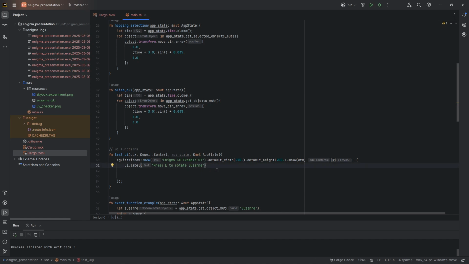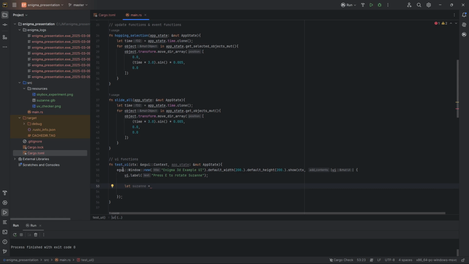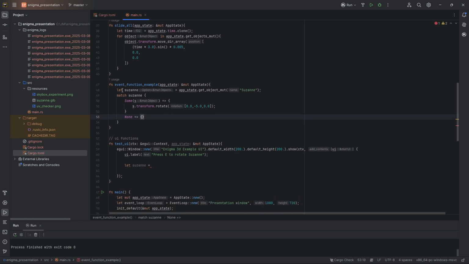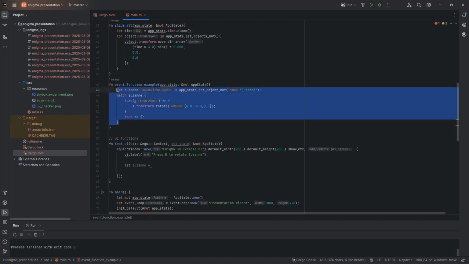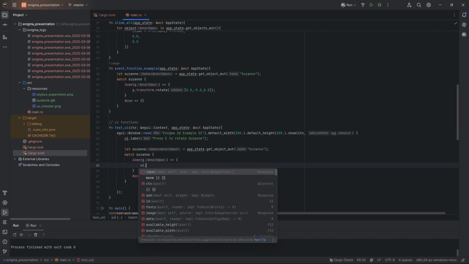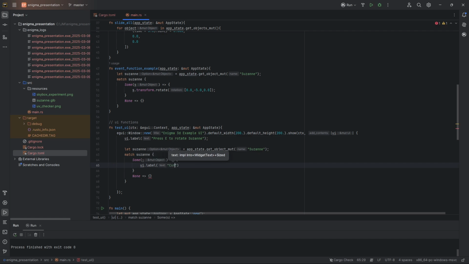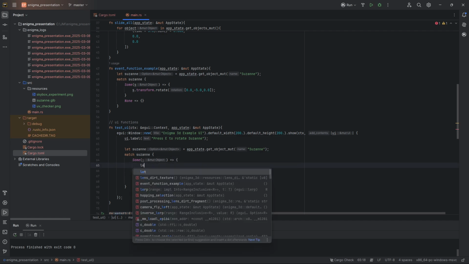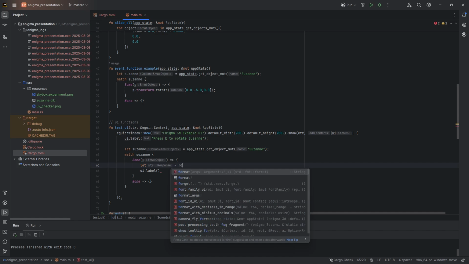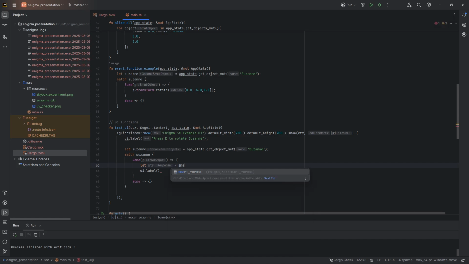let's actually say, okay, we just want to display this. So first we get the Susan again, similar to how we did it up here, right? Oh, let's move all of that down here. Similar to how we did it here. We get our Susan, we match it. But instead of rotating it, we actually display a label. That label equals format. We have a custom thing called smart format, which is in Enigma,